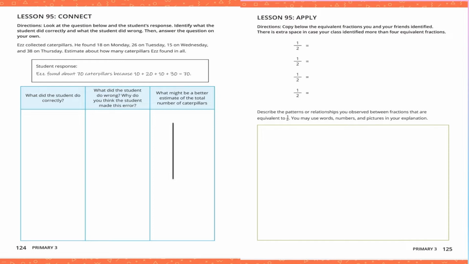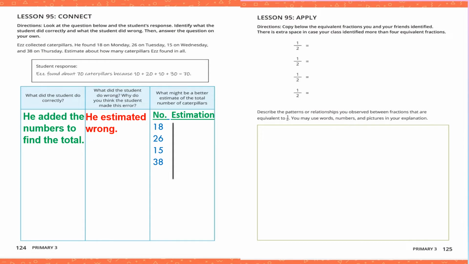But this is wrong. Let's answer. What did the student do correctly? The student did correctly that he added the numbers to find the total. What did the student do wrong? He estimated wrong. The correct estimation,